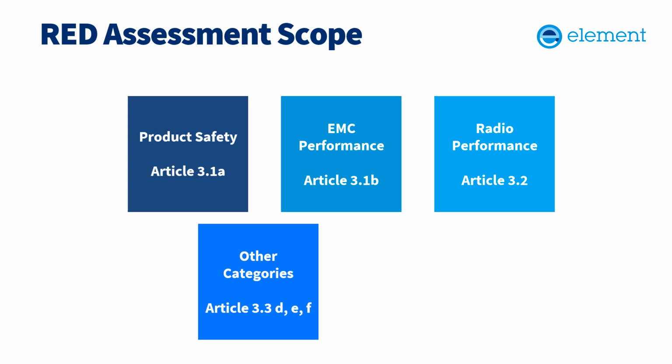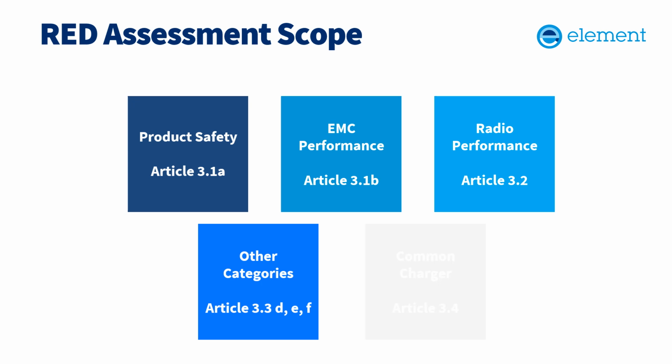Additionally, there are other categories, so a number of articles, so 3.1 D, E and F cover things like cybersecurity, prevention of fraud, these sorts of devices, and depending upon the product, are going through a transitional period where some of those things will be adopted by August 2025. So make sure you check back in with Element in case you're covered by any of those, and keep updated